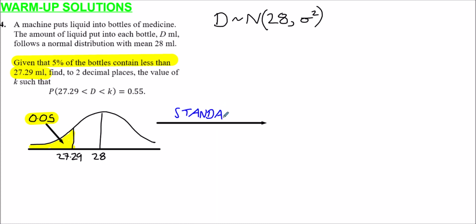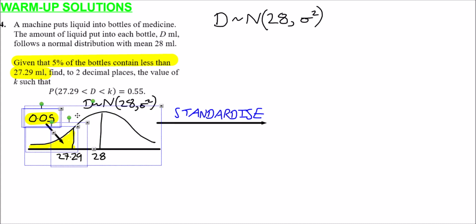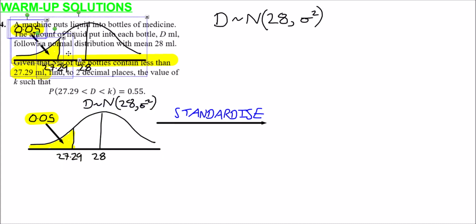What I had originally over here was a distribution of D. This is D, which is normal, 28, and sigma squared. Whereas if I standardize this, if I just borrow my own work and pop it over here for a moment,